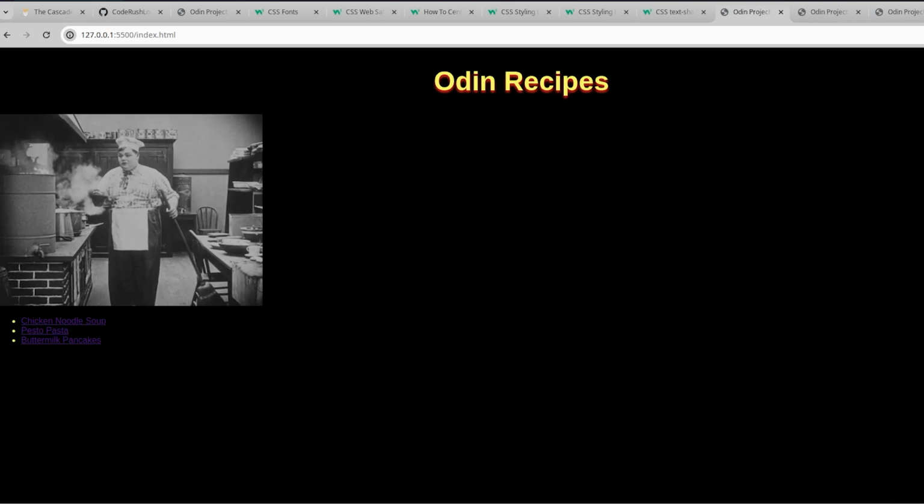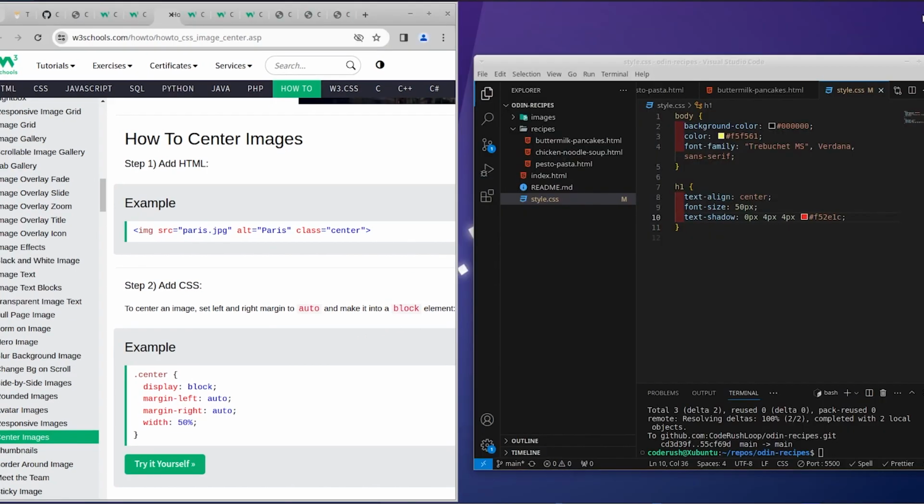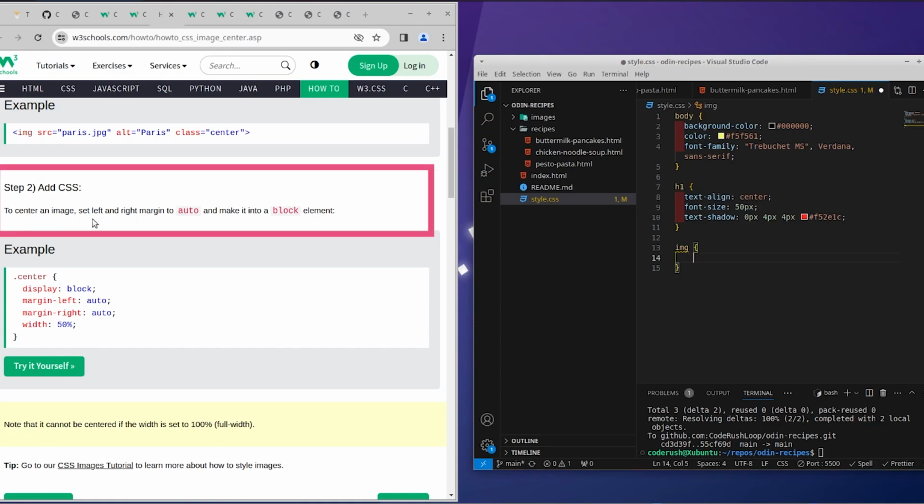Okay, next I want to center the image and I'm gonna use this information to do that. So I write again the type selector. See, I've used no classes and no IDs. Okay, for now, I'm gonna use image, and in the curly braces, they say here to center an image, set left and right margin to auto and make it into a block element. And I'm gonna go after the instructions. So